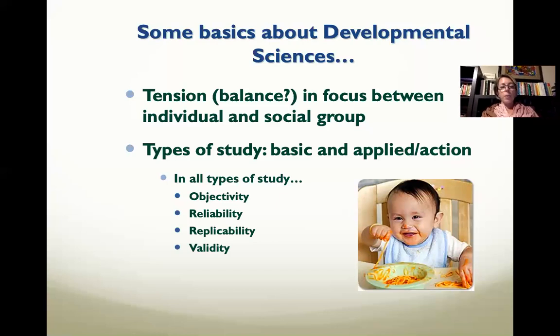So I also want to remind you just a little bit, because it's important when thinking about different areas of psych in particular, to go back to what you know about methods, right? So we're wanting to be as objective as possible in all of these studies. This is a big focus for the connection papers assignments that you have. Don't tell me what you think the kid did. Don't say, well, you could tell he was mad. How could you tell he was mad? Right? So be as objective as possible.